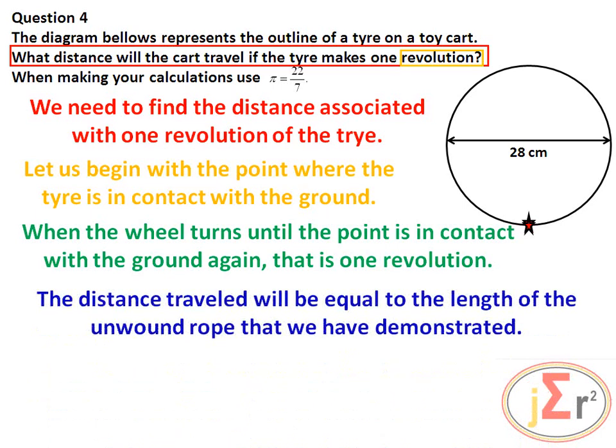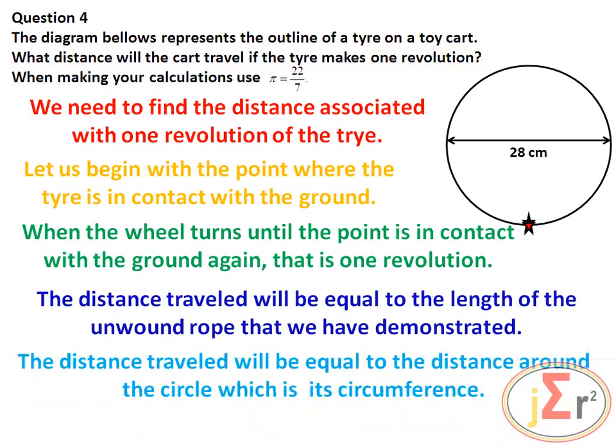The distance traveled will be equal to the length of the unwound rope that we have demonstrated. The distance traveled will be equal to the distance around the circle, which is its circumference. That's the word that we were groping for a long while, and now we are mentioning it. The circumference is the distance around the circle, and that is the distance associated with one revolution, which is the distance that the cart would have